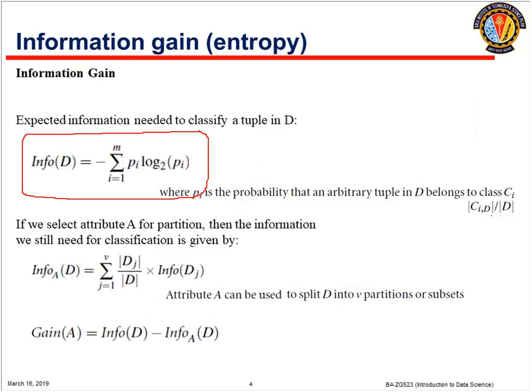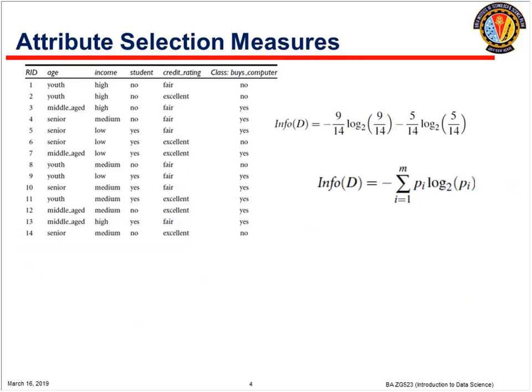We'll see the example for this to make it clear. So minus summation of Pi log Pi, where i is from 1 to the number of classes. Pi is the probability of an example belonging to that particular class. So it's just a numerical division. Let's look at one example, that same example here,